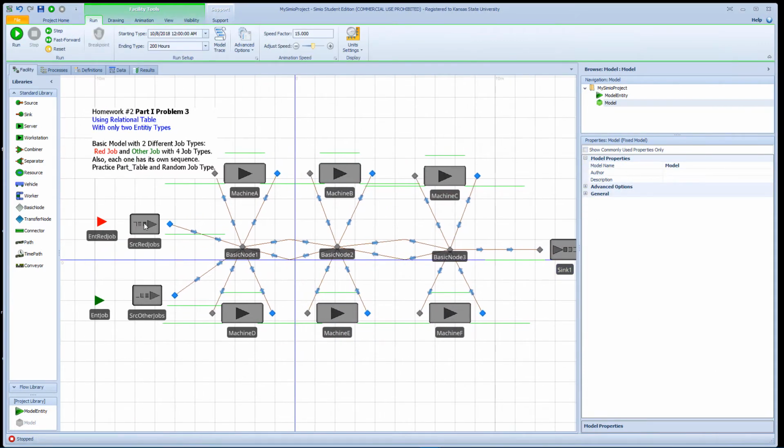So when we create a new entity, we increase the corresponding state variable by 1. When we're leaving, we decrease the corresponding row by 1. After setting up a state variable to keep track of 5 different entities, actually 2 different entity types, one with the 4 different job types, we go on to